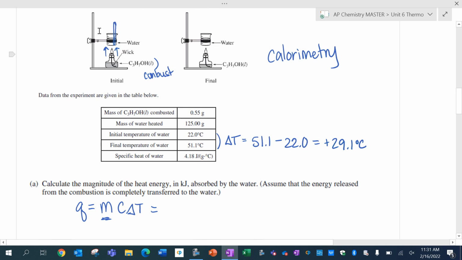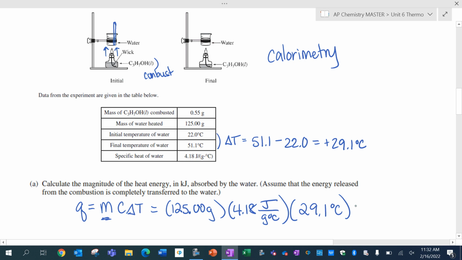Well, if we look at the setup here in this reaction, notice how the water and the propanol are totally separate. Okay, they never come into contact. They're not in the same container. So the mass I should use is the mass of whatever I'm taking the temperature of, which is the water. So I should use the mass of just the water. So it's 125.00 grams. And then I'm using the specific heat of water, 4.18 joules per gram degree Celsius. Make sure you're labeling units here. And then my temperature change,